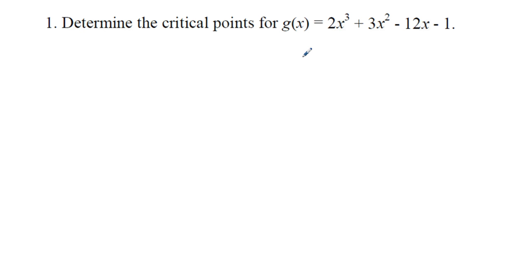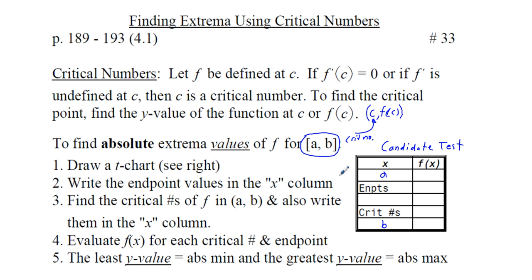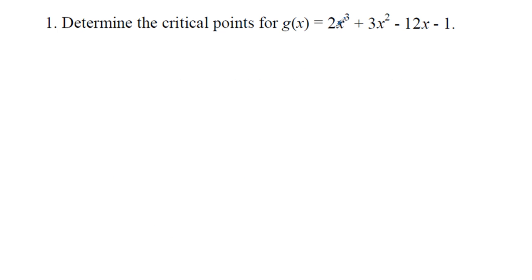Determine the critical points for g of x equals 2x cubed plus 3x squared minus 12x minus 1. Now, in the context of this problem, we're not talking about finding the absolute maximum or minimum. We're looking at finding the critical values in between the endpoints. And we don't have endpoints because we have a domain of all real numbers. Determine the critical points. Well, to find the critical points, we're going to find where the first derivative, g prime, is equal to 0. And to find that, we have to find the first derivative,